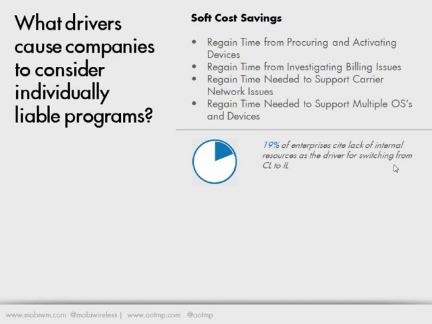So in thinking about soft dollar cost savings and where efficiencies can be gained, and to the point that you made earlier, oftentimes organizations think that if I move liability to the users and allow them to select, pay for, and manage their own devices, even if there is a stipend, that's just going to be found money, and then support goes away. Lots of savings to be had there, almost to the extent of we don't need to worry about that anymore. What's your experience with that phenomenon actually ringing true in an organization? Yeah, I think that might be one of the biggest misnomers about this type of transition.